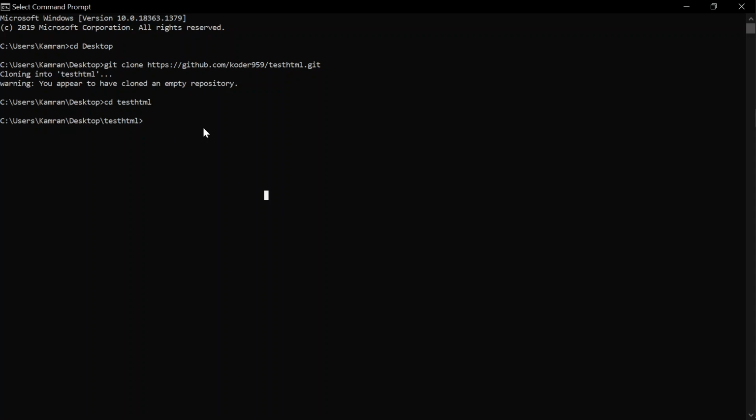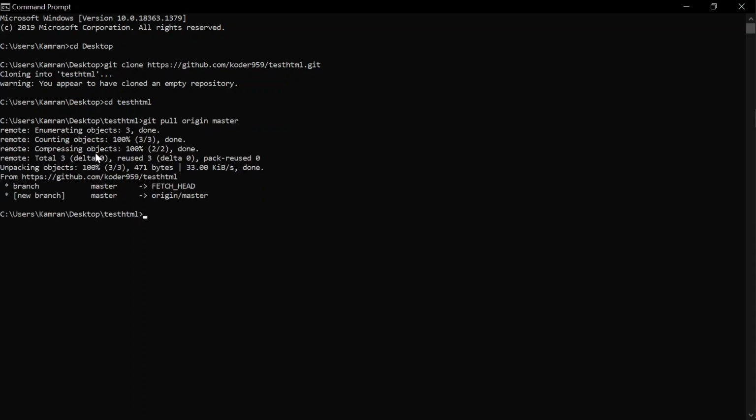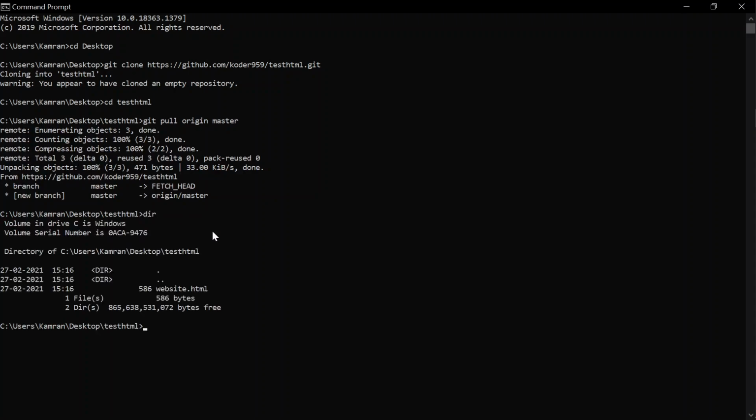In order to put the changes we used the git push command, and in order to get the changes on your local, you are going to use the git pull command. So you have to write git pull origin master. Once you enter, you will see that you have pulled the changes on your local. Here also when you run dir, you will see that you have this website.html over here. So now I have the whole code in my other folder as well.